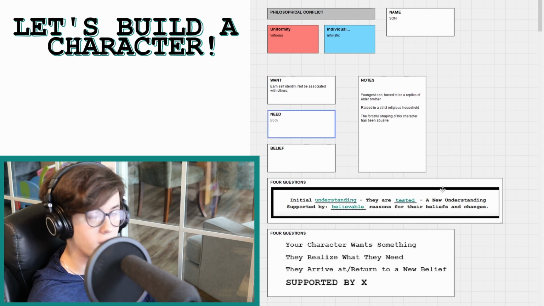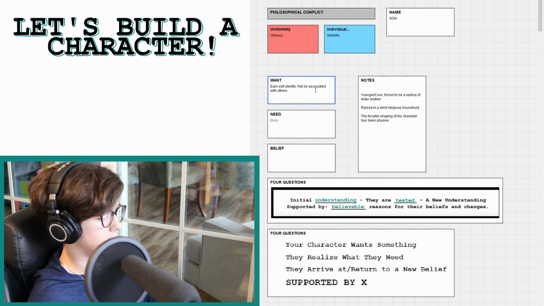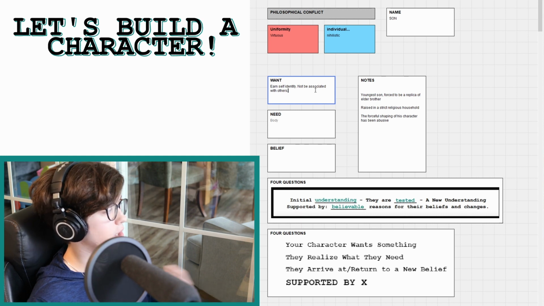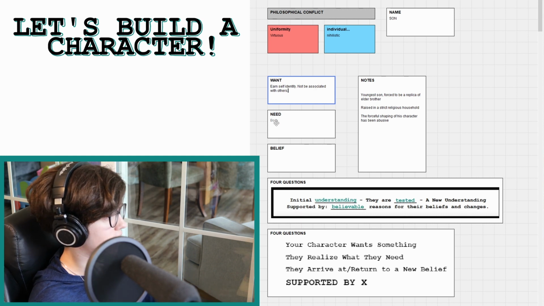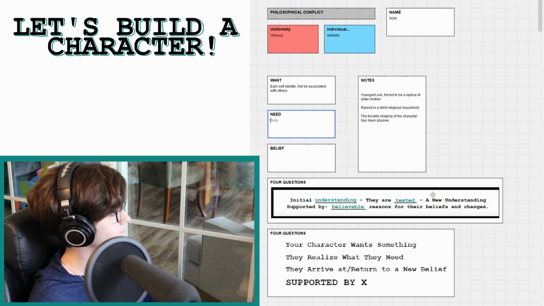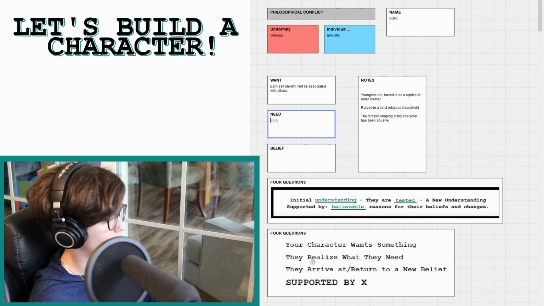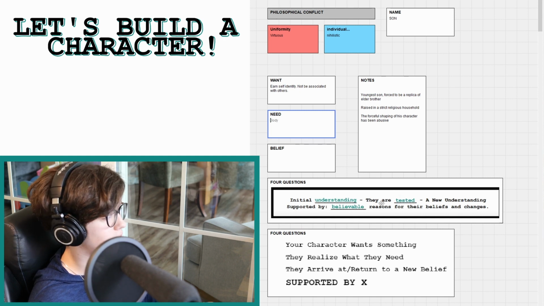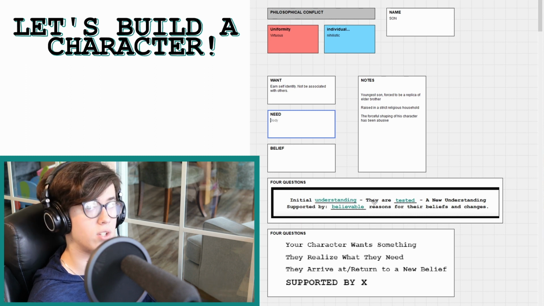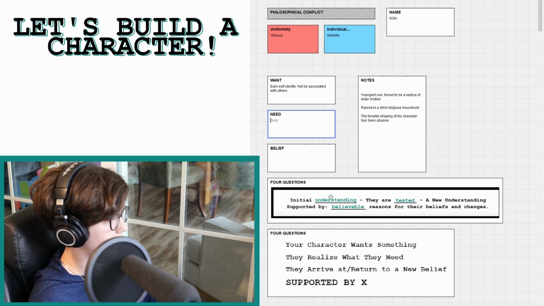So through the plotting of the story, through the journey, what we have to do is funnel him through situations where he is chasing his want, and through that journey, his need has to come to light. And his need is something that he doesn't understand from the beginning of the story. His want evolves into his need. So they are tested or they realize what they need. These 4 questions, these are both the same sets of questions, just worded in a different way so that you might be able to understand it better. So they are tested or they realize what they need.